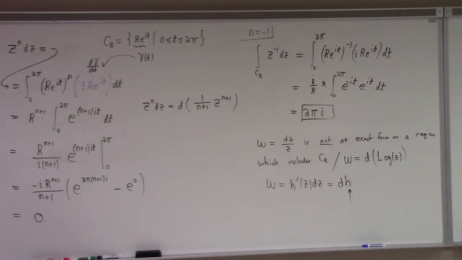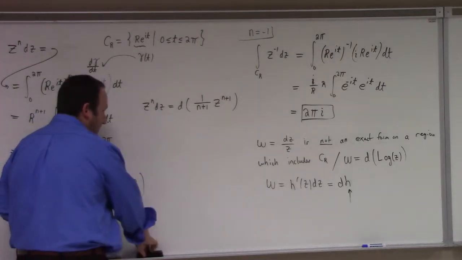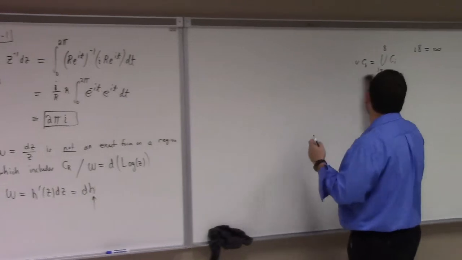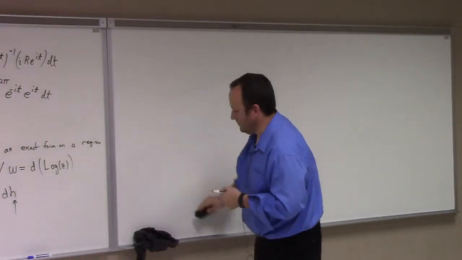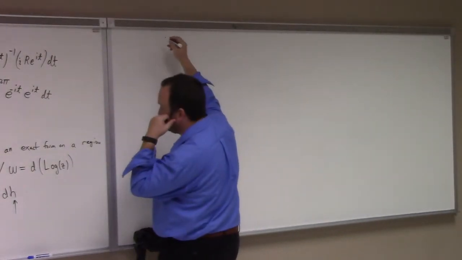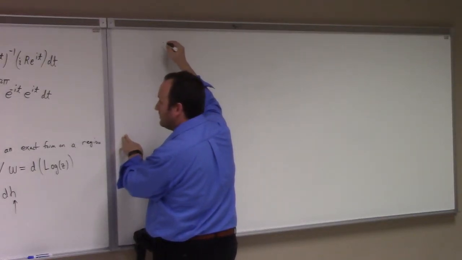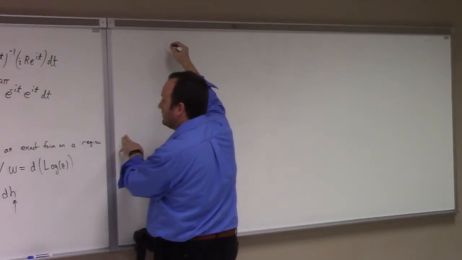But what's the trouble? That doesn't include the circle, right? There's no contradiction there, because the log is not holomorphic all the way around. It's got that angle jump somewhere. And so there's no contradiction in finding this non-zero integral because, so let me describe the situation here. In fact, we could define